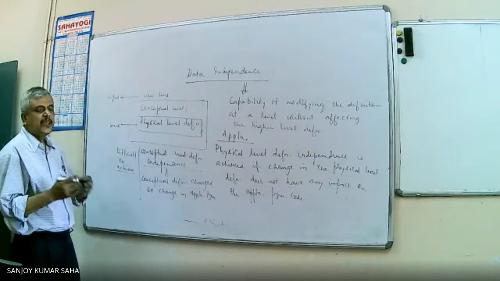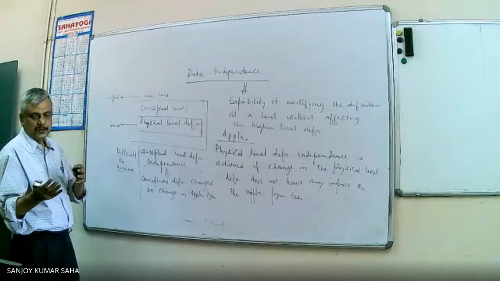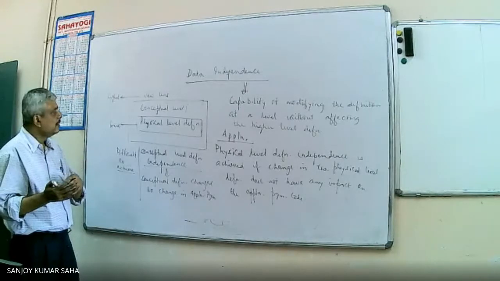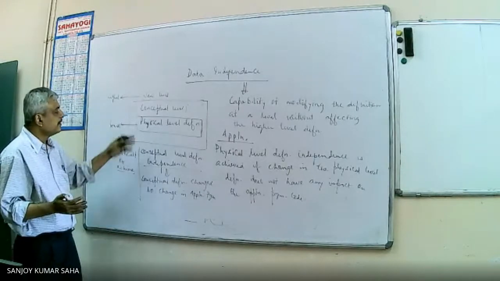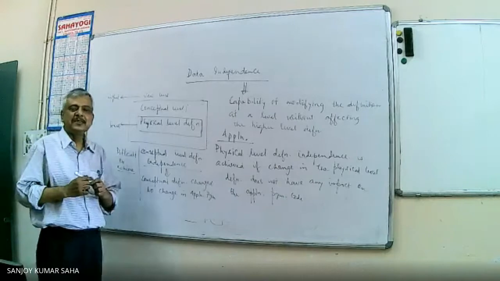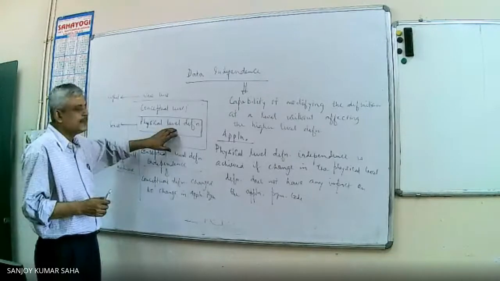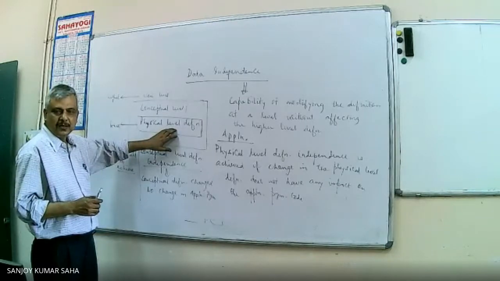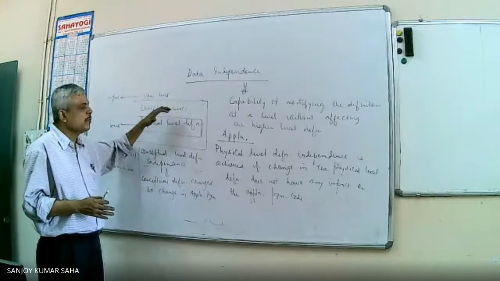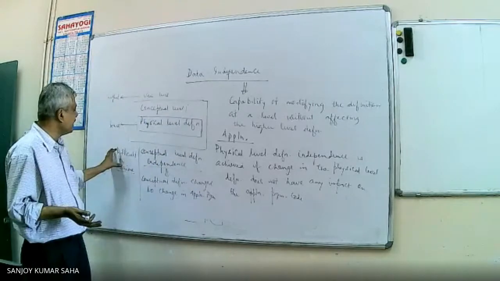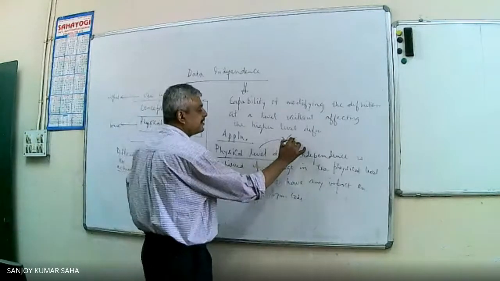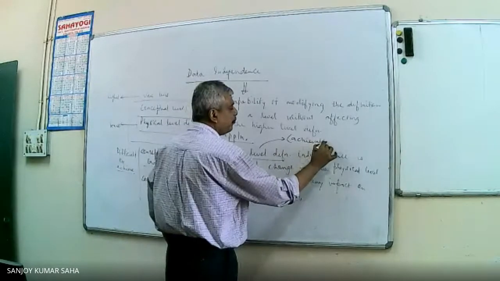Say, if I have roll, name and marks of the students, and I want to perform some analysis based on the marks. Now, if that marks part is not present, then obviously I cannot work with the marks. Now, whether that marks is an array or linked list, that is the physical level. So I can achieve independence of that implementation. But if that particular conceptual level is changed, then possibly that will be pretty difficult. But this physical level independence is achievable. Whenever we are writing, we will be